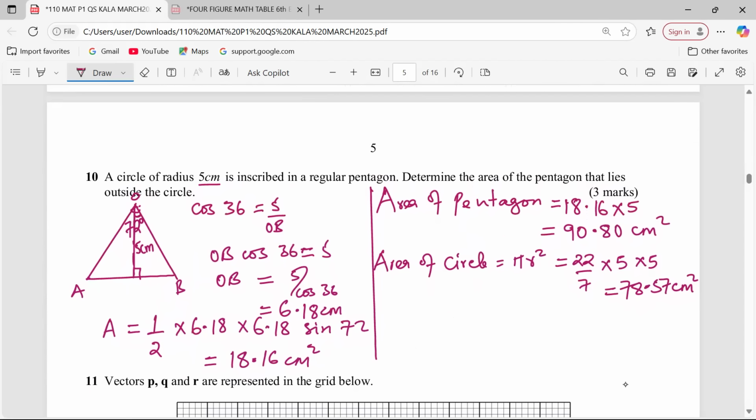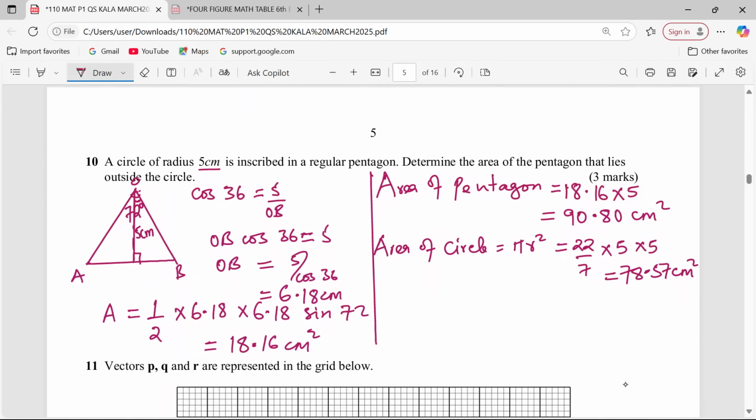can get the area outside. Area of the pentagon, which is outside the circle. So area outside the circle now, the intended area shall be 90.80 minus 78.57. This is going to be, I'm getting 12.23